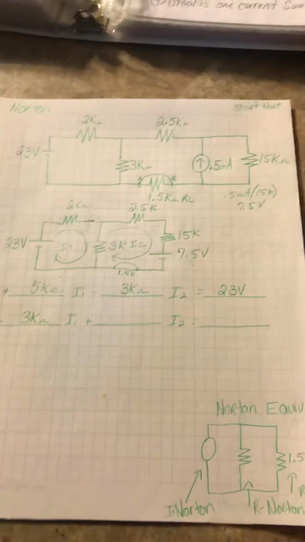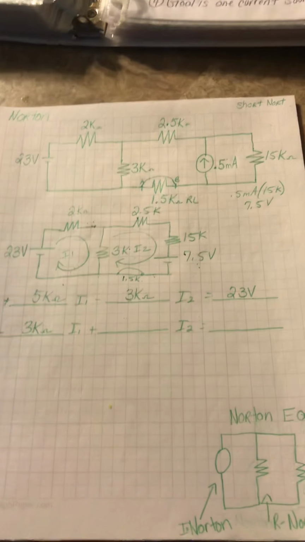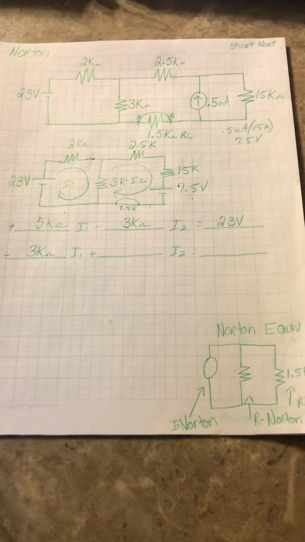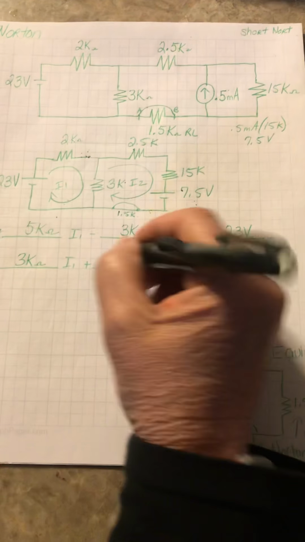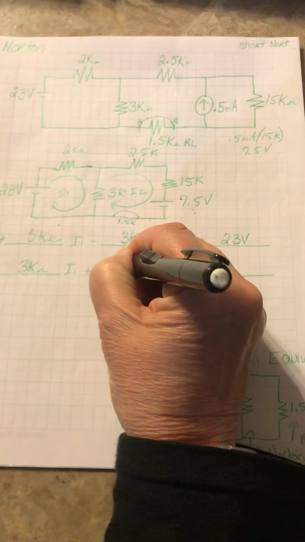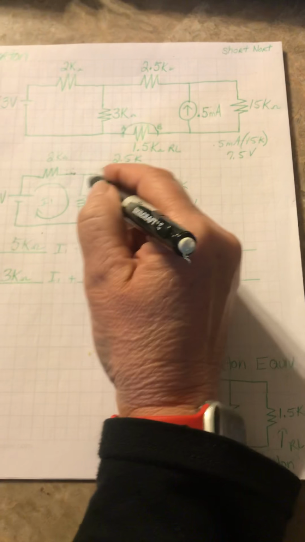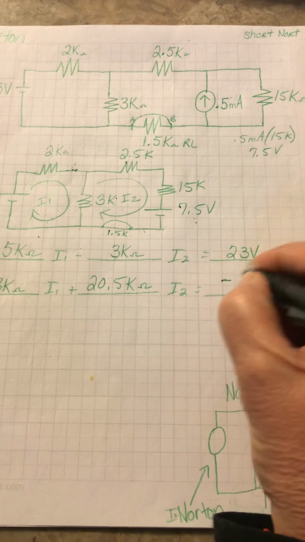Remember, every time you short a circuit, the current will always travel the path of least resistance. So we have to count all the other ones. So it's 20.5K ohms. What's the voltage? We're entering positive 7.5, so on this side of the equation it would be negative